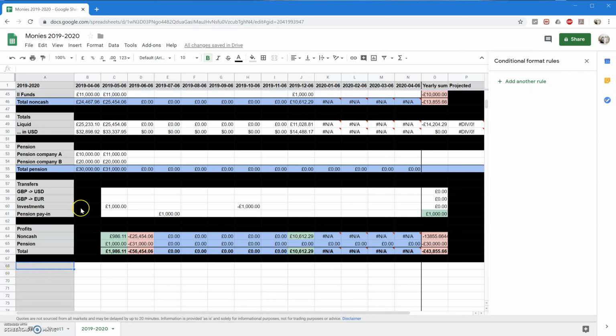Now we have the profits, and we could also do totals. Actually, that's not quite correct. We have totals, and now we can make profits, which is exactly the same, kind of,